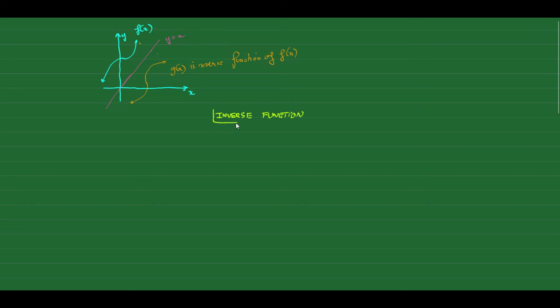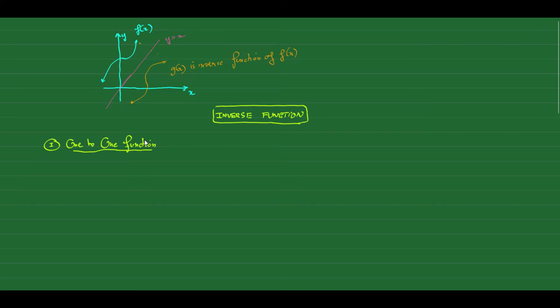Before talking about the definition of inverse function, I just want to talk about another definition. We need to know what a one-to-one function is first, because for a function to have an inverse, it must be a one-to-one function. But what is a one-to-one function? On the first part of the video, I just want to talk about one-to-one functions. So what is a one-to-one function? According to the definition,